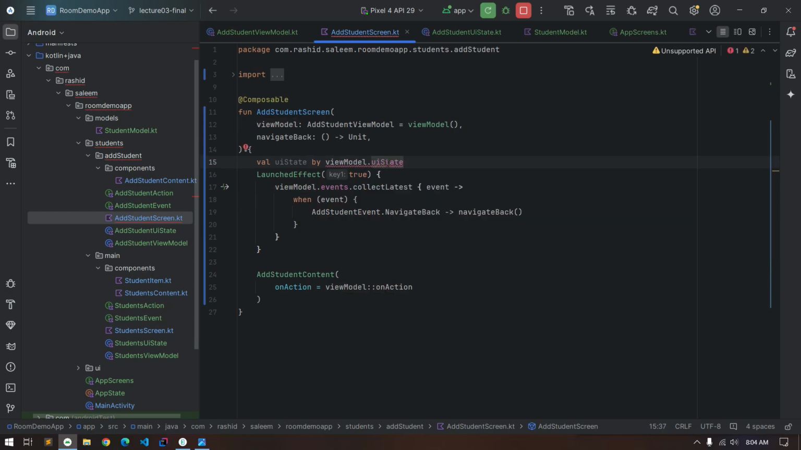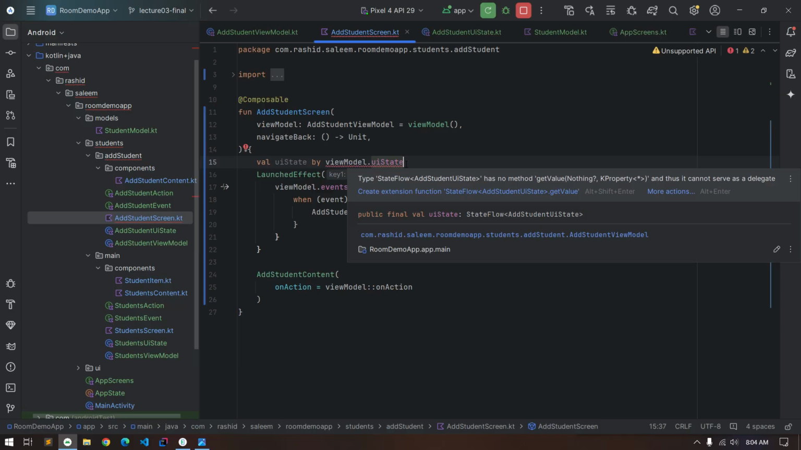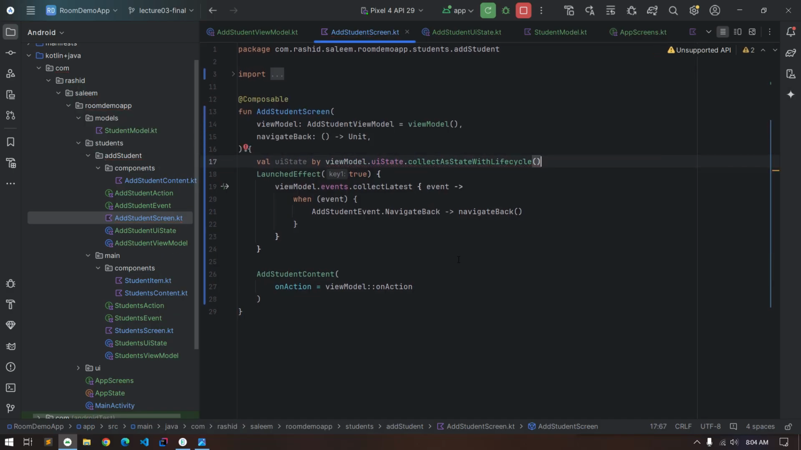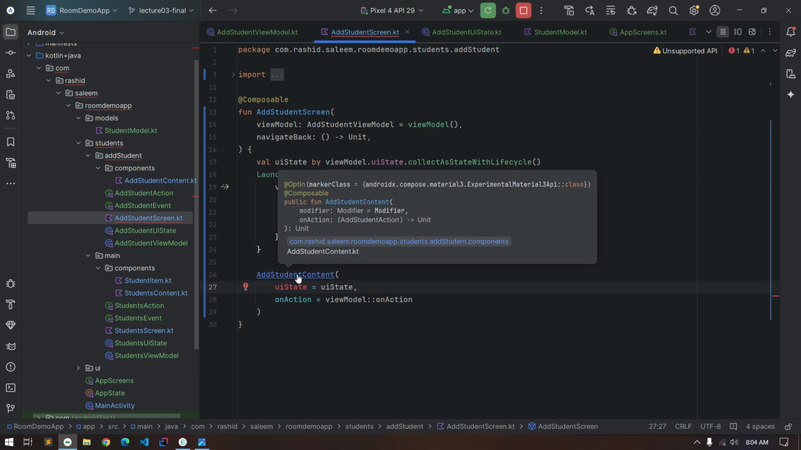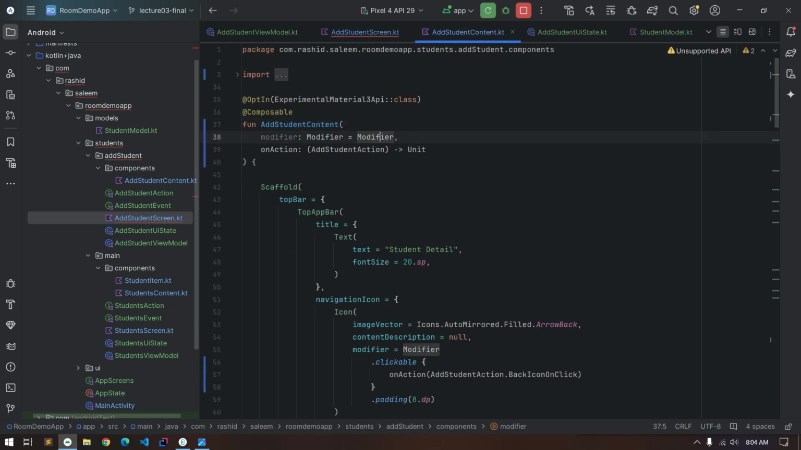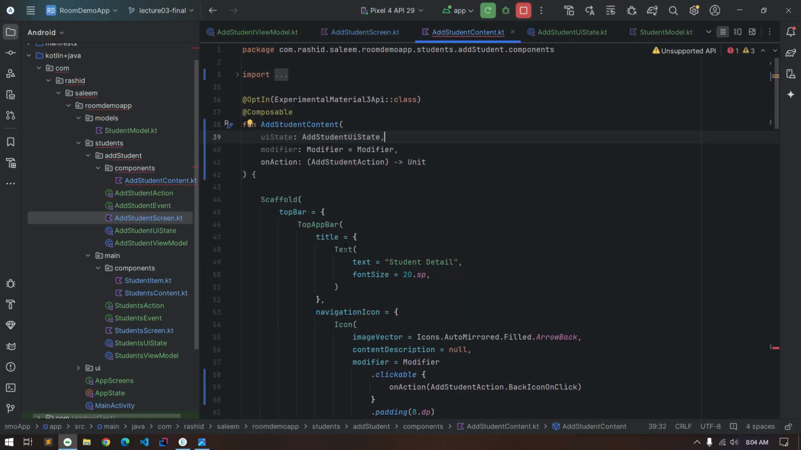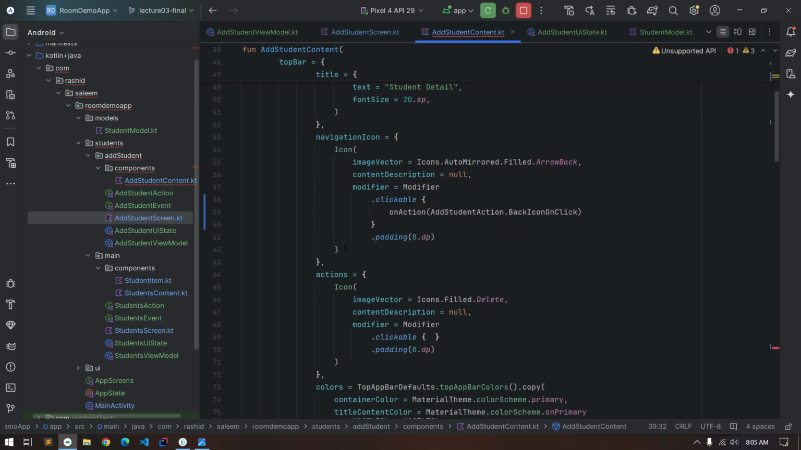We don't only just get the UI state, we also want to observe the state, so that if any value changes in this object, then that should be reflected on our UI. So for that, we will use collect as state with lifecycle. And now we will pass this UI state in our add student content component. Then we go to this component, and in here we will define the parameter,